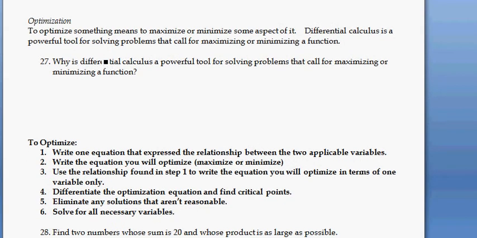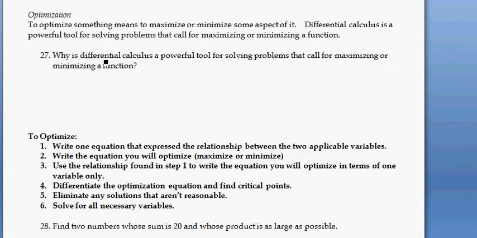Okay, we're going to move on to talking about optimization problems. To optimize something means to maximize or minimize some aspect of it. And then there's asking, why is differential calculus such a powerful tool for solving problems that involve maximizing or minimizing? Well, hopefully based on what we just finished talking about with all this curve sketching, we realize